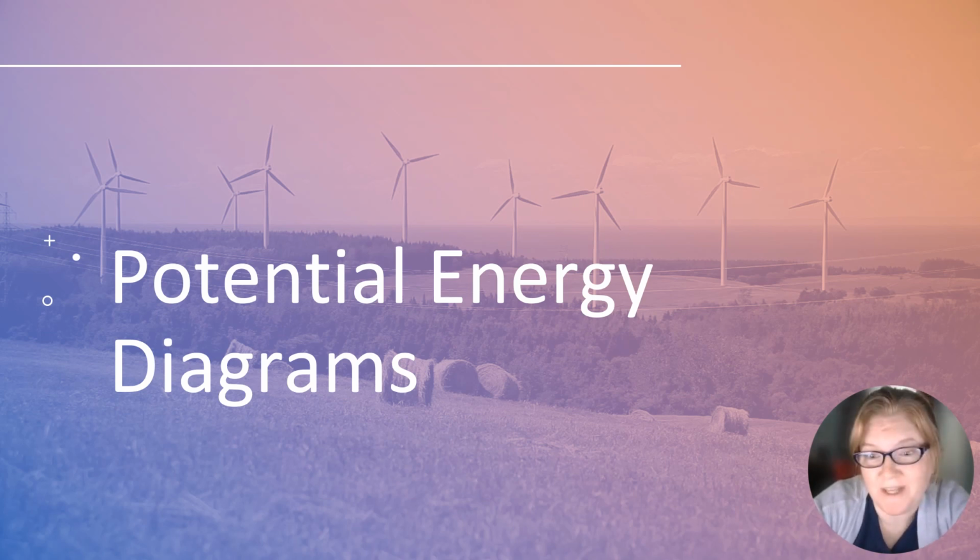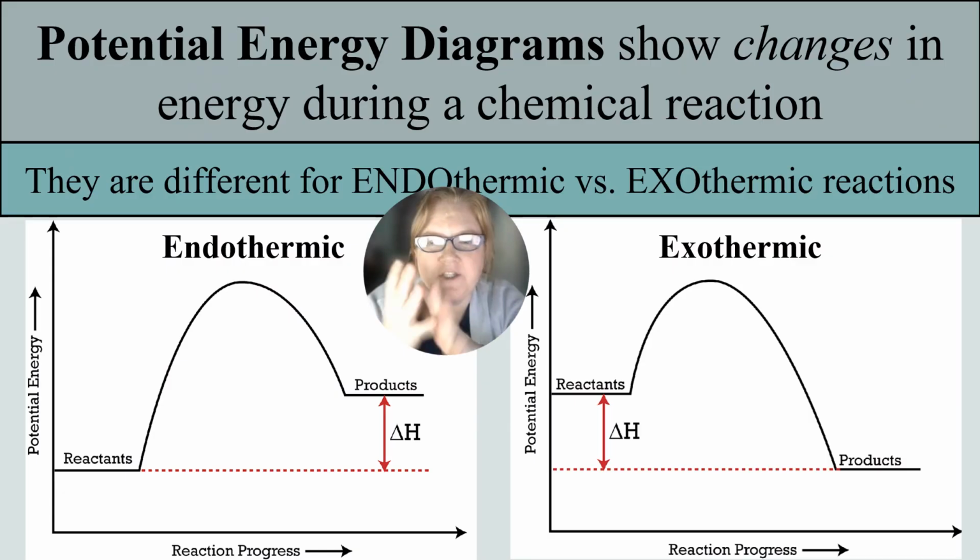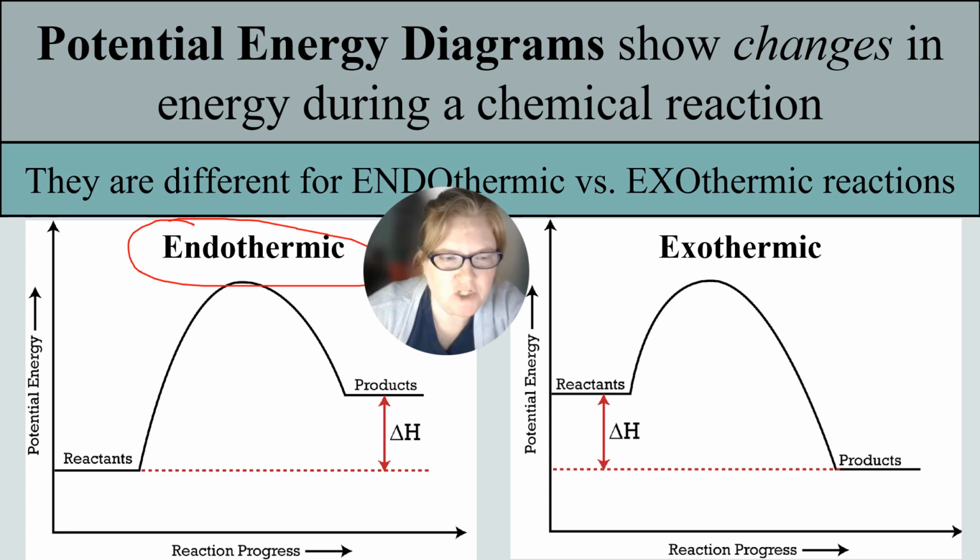All right, let's talk potential energy diagrams. Potential energy diagrams show changes in energy during a chemical reaction. They're different for endothermic versus exothermic reactions. Just as a quick overview, you can see for this endothermic reaction, here are the reactants